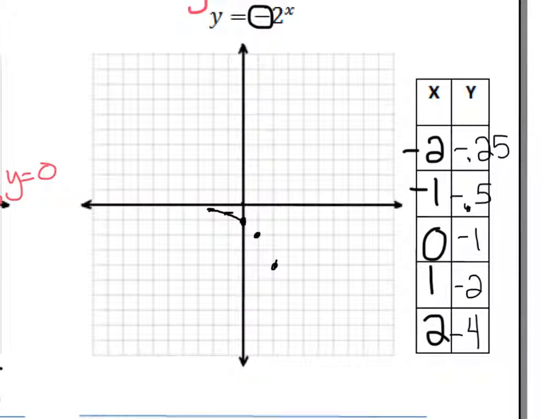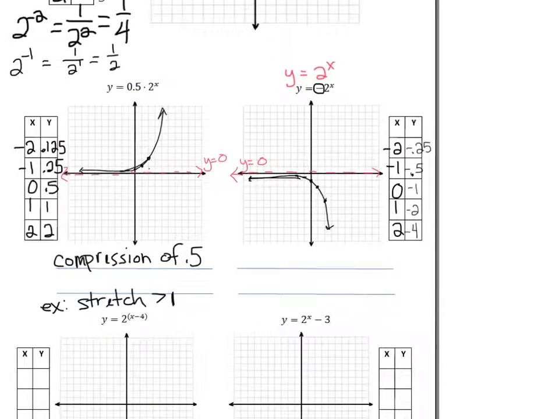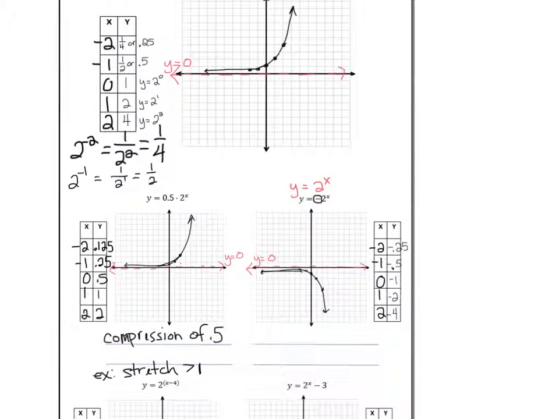So you can see the curve going down here. You can see on the left side it's still approaching 0, so there's our asymptote, and it's still y equals 0. So this one, the transformation, again comparing it to the original one. So this is our parent function. Here's our new one. And the only thing that changed is that it reflected